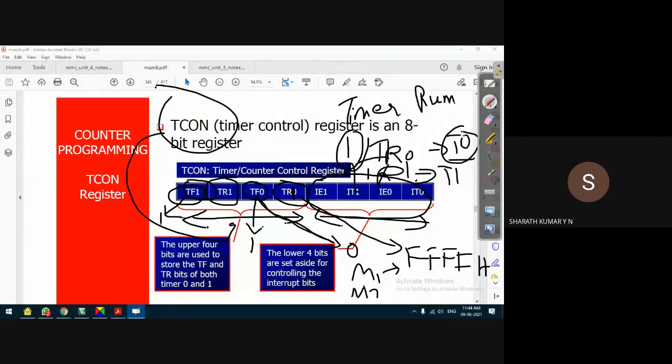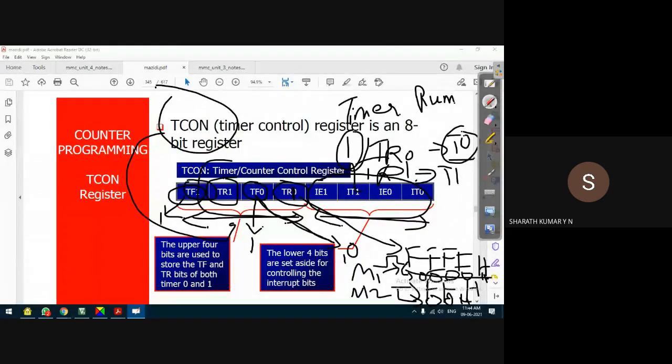For mode 2 operation, since it's only an 8-bit timer, the final count is FFH. When this bit is set to 1, the timer has overflowed. Overflow means that when it reaches the final count and the next clock pulse is applied, the timer is reset to the initial count. In mode 1 operation, it is 0000H. In mode 2 operation, it depends. Whatever initial value we have given, it will go back to that initial count.